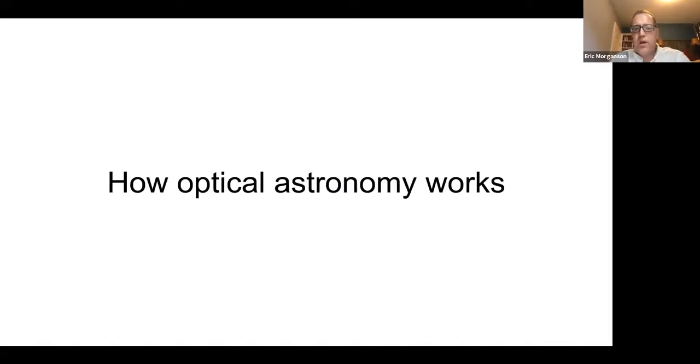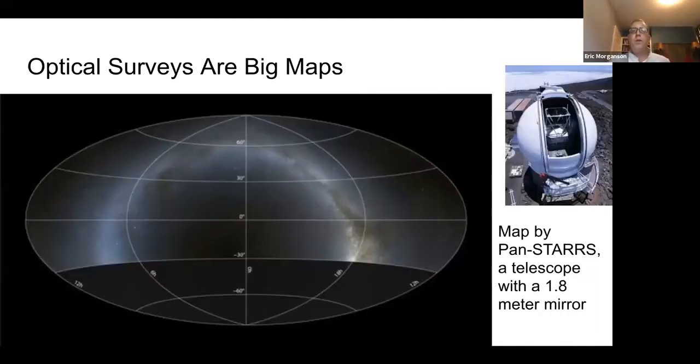So how optical astronomy works. In optical astronomy, we typically start with what we call surveys, which are just big maps. This is a particularly pretty map. It's made by PanSTARRS, one of the projects I work for, which is a telescope out of Hawaii. It's a map of the night sky covering the northern three quarters. You can see stretching in a loop across the middle the galactic plane, the plane of the Milky Way,